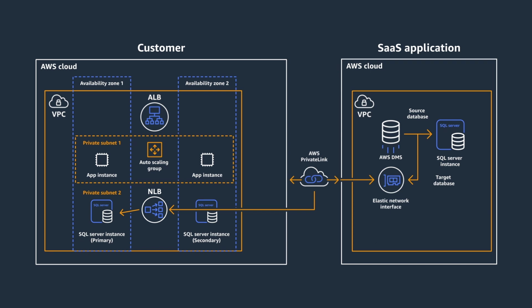We have chosen to set up DMS in the SaaS provider or third-party VPC, as this gives control of future DMS changes, for example, frequency of replication tasks, to the third party. Depending on the needs of your setup, this pattern can also be set up the other way around. DMS can continuously replicate data with high availability between two data stores. Tasks defined in DMS can perform a full load, cache changes, or ongoing replication between two data stores. I've used this pattern more than once, especially for security conscious organizations.